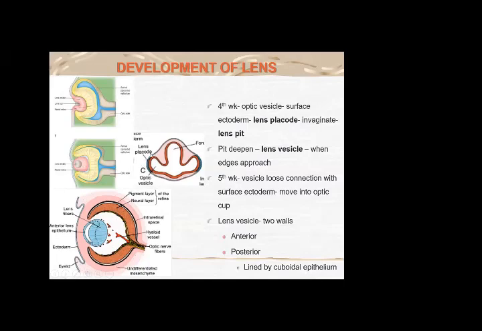The surface ectoderm proliferated, became thickened, and that structure, thickened surface ectoderm, is now called the lens placode. Lens ki development starts in the 4th week. This thickened surface ectoderm